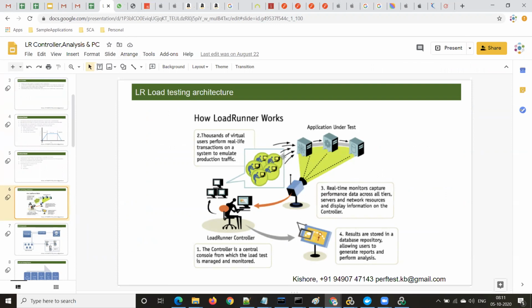When your users are accessing any application, your request should first go to the web server. If your request is for static content, that will be served directly by the web server. But if there is some application logic involved, some processing involved, your request will go to the application server, and to process that logic, if it requires some data, your request will go to the database and fetch the data. Then it will be processed, and the response will be sent to the web server, and the web server will send the response to the browser.